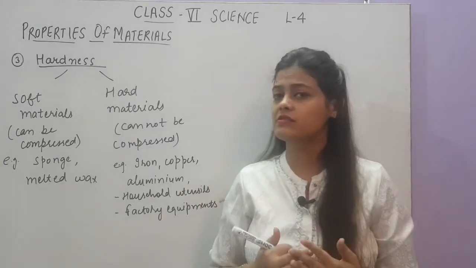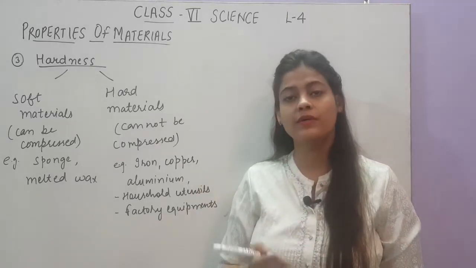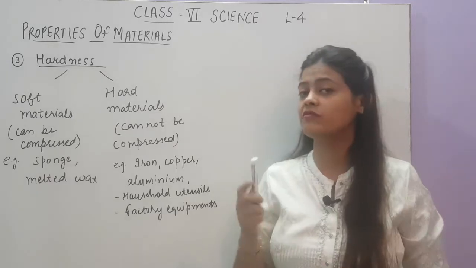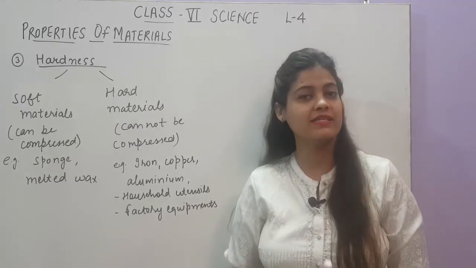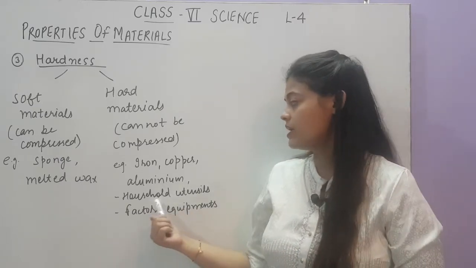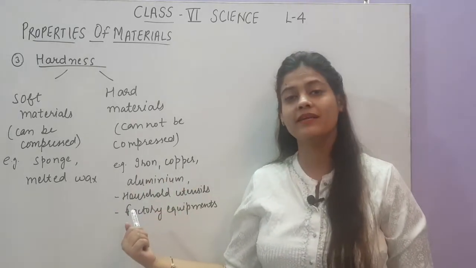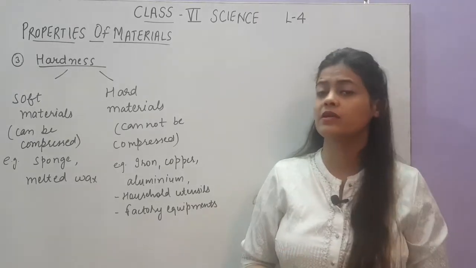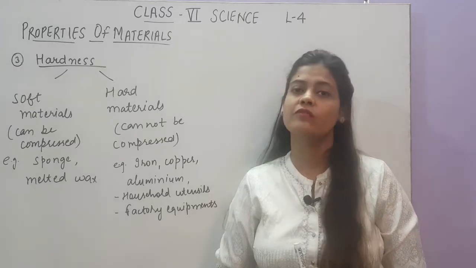Similarly, there are so many hard things around you, like iron, copper, aluminium. Most of these materials are very hard to touch. I have this marker, I am compressing it, it is not compressed. It is made up of plastic, which means plastic is also a hard material. Similarly, we use hard materials to make household utensils, the things of the house, which are mostly made up of hard